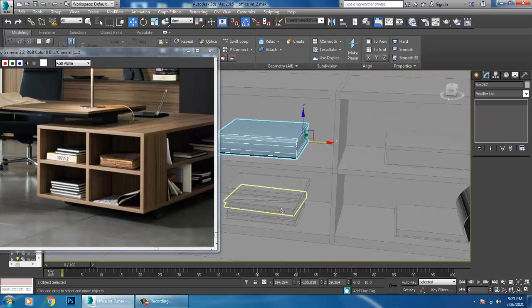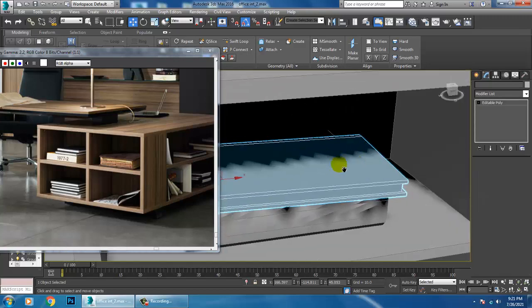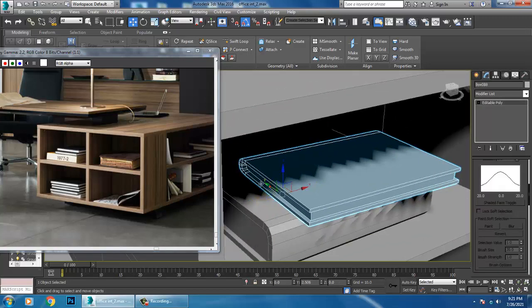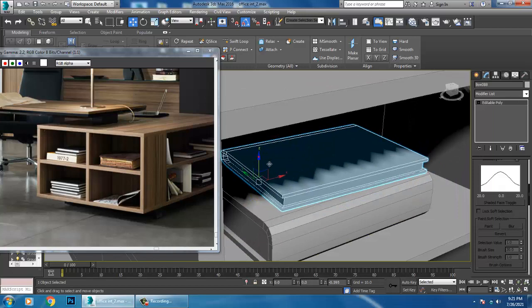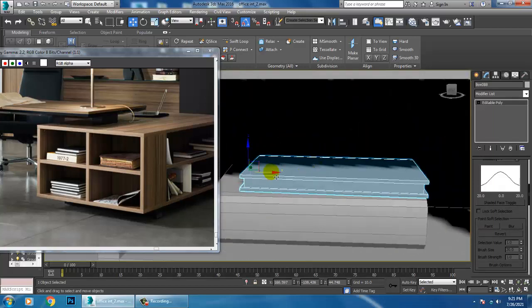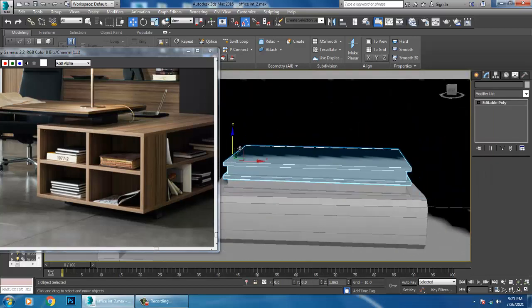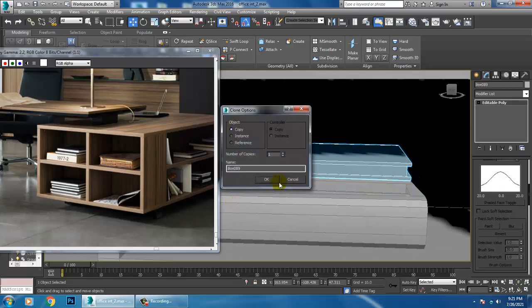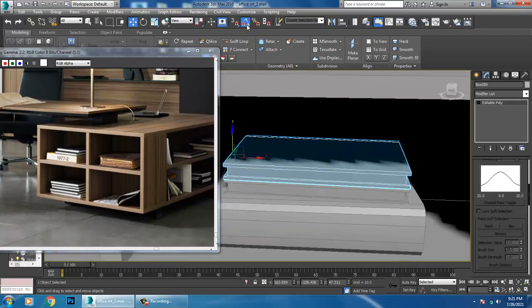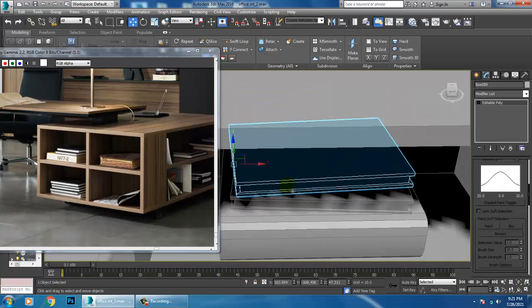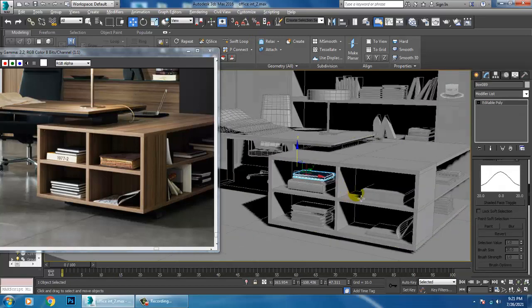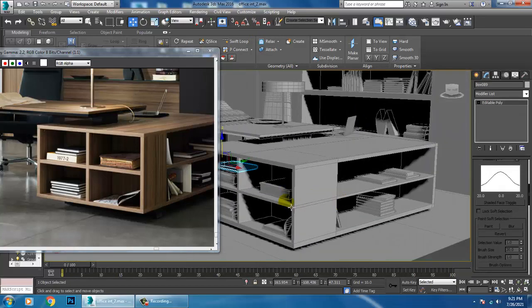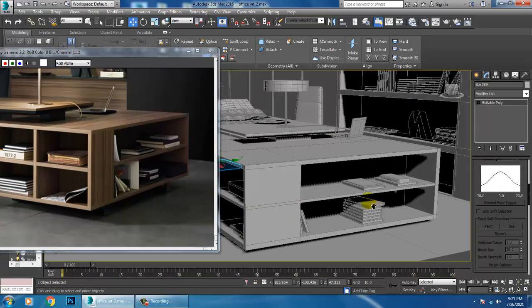We'll copy these books again onto the top. Slightly rotate it.